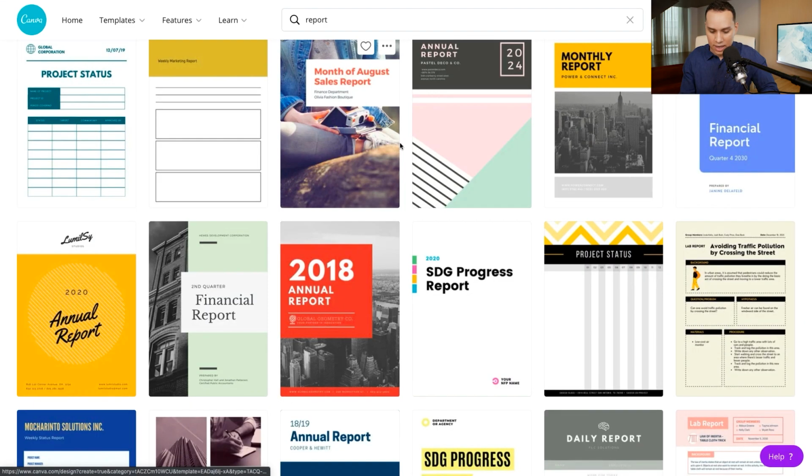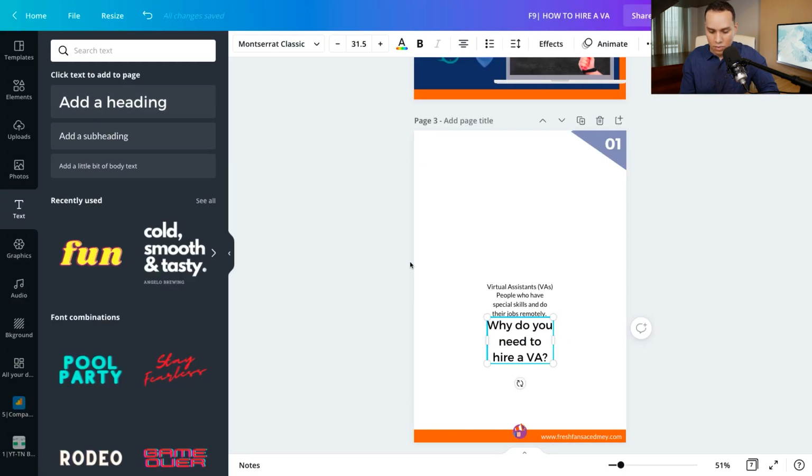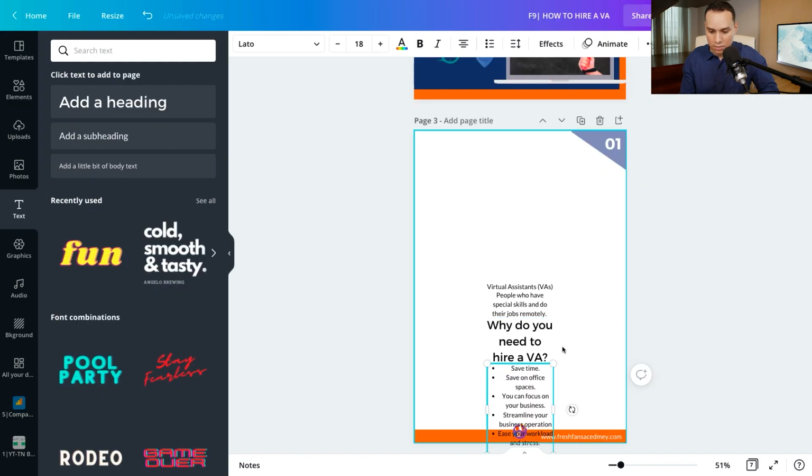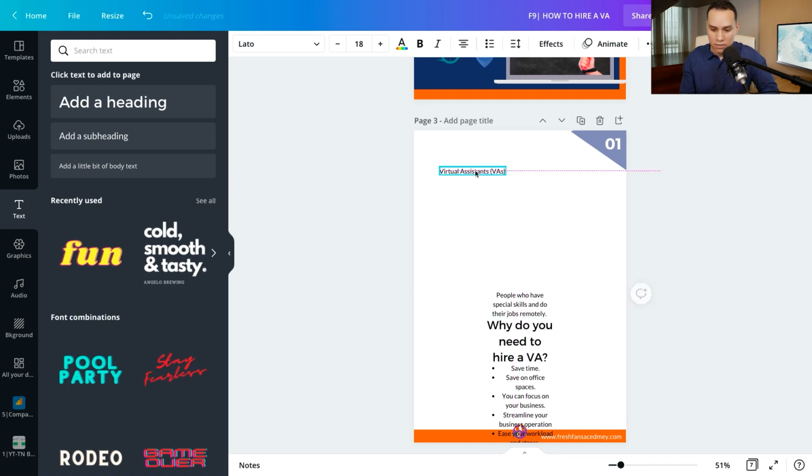So I'll go ahead and, oops, wrong tab. One more, and we have our bullet points here. So let's go ahead and grab our bullet points. So we'll go ahead and grab those and bring them in. And this is all of our text. So now what you want to do, let's say this is all the text you need on the page. You'd of course go ahead and start formatting all this,